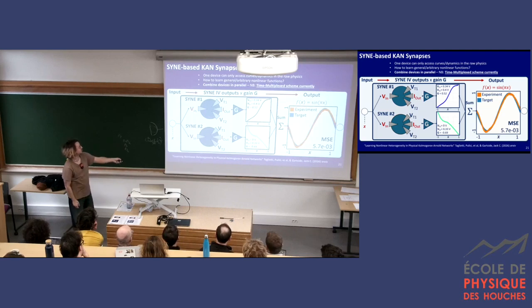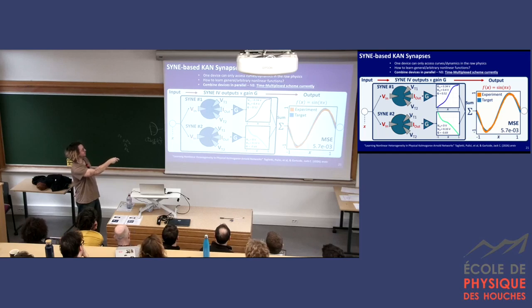So here's an example. So we take 2 of our devices in parallel, so they both get the same input data, and we asked it to learn to make sine pi x over the range -1 to 1. So this is what the system's found. It wanted these 2 tuning voltages for the first device, these 2 for the second one, and we've put some small scaling terms on those 2. And you put those together, and it can do pretty well.